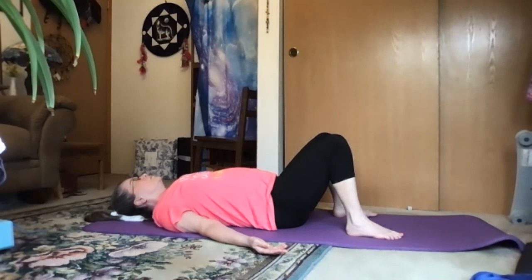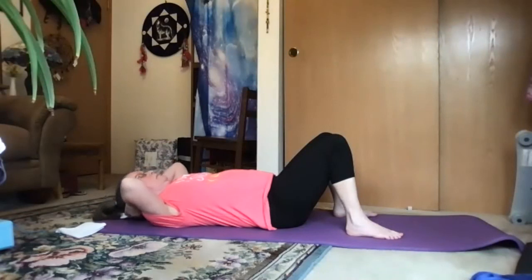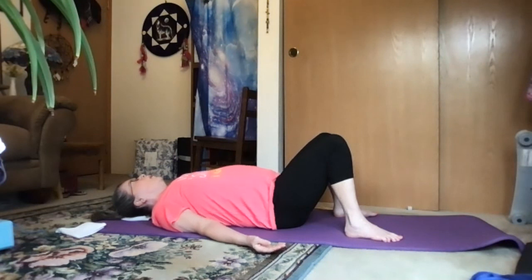Now bring your awareness and your attention to the center of your eyebrows, center of your throat, right shoulder, elbow, wrist, right thumb, second finger, third finger, fourth finger, fifth finger, right wrist, elbow, shoulder, center of your throat, left shoulder, elbow, wrist, left thumb, second finger, third finger, fourth finger, fifth finger, left wrist, elbow, shoulder, center of your throat, spiritual heart center, right side of your chest, heart center, left side